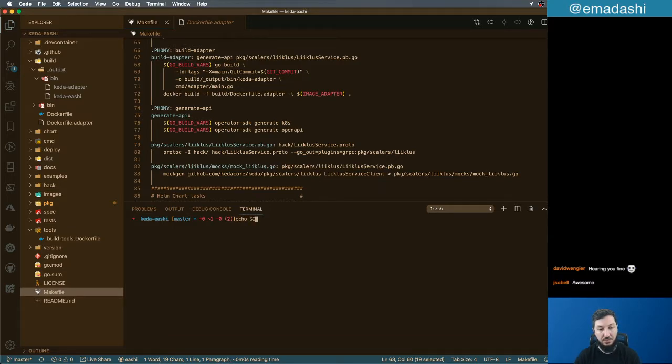Echo image adapter. Huh? The export expands decisions. How do we unset an environment variable? Any suggestions? If I say export